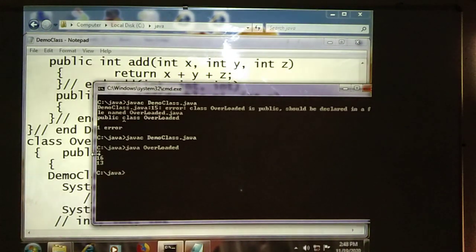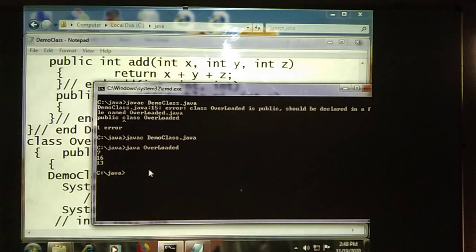Means the same method name we are going to be using, the addition method. By using that we are going to be performing different behaviors. Here we are getting the 76030. Means same method name with different parameters, different outputs we are going to be displaying. That is called polymorphism. Output will be displayed here. Whenever we are going to be saving the file, first we need to use the first class name. Then when we are going to be executing the program, we need to use the main method class name. This rule we need to consider while we are compiling and executing the programs.